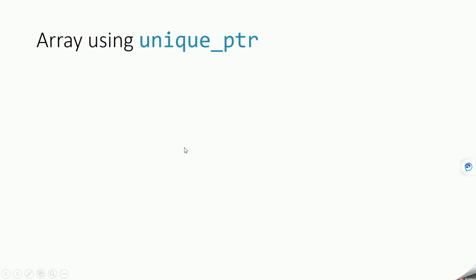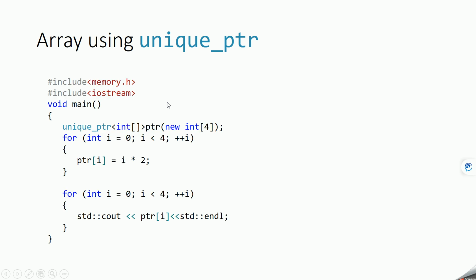Now let's see how we can create an array using a unique pointer. To create an array, you just have to give this subscript operator inside this declaration, and then the amount of memory you want to allocate. So basically in this case we want to create 4 integers. So you can create the array like this.